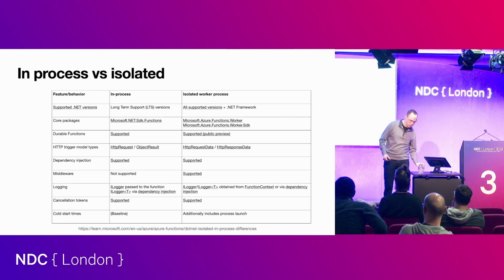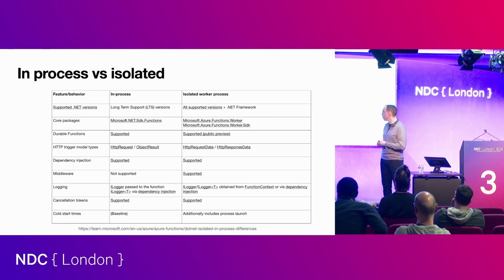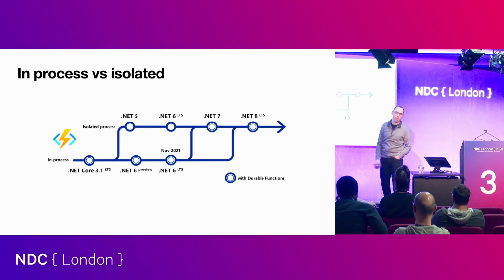This table is ripped straight from there. I'm not going to go over everything in great detail, but they both support dependency injection. One has a slightly different development model of their request response model, but there is not parity in all of them. Specifically, I ran into a case the other day, which I'll talk about in a second, where isolated is where Microsoft is going. Next slide, that's where they're going.